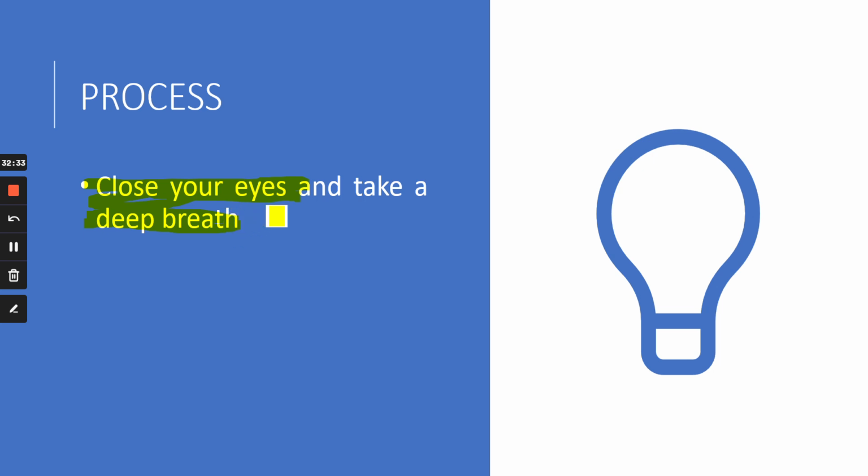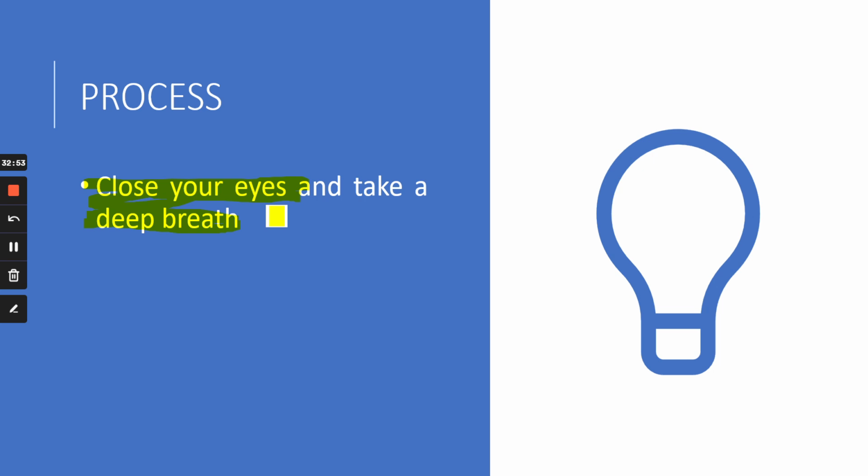But yeah, when I write an essay nowadays using this method, I don't close my eyes. I don't take a deep breath because I'm used to this method a lot. I've been following this method right from the beginning of my IELTS career, and this is the only method I rely on, and I'm so used to it that I don't have to close my eyes or take a deep breath. Everything comes automatically now.